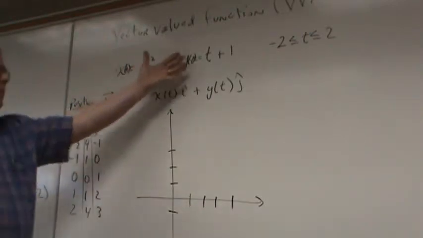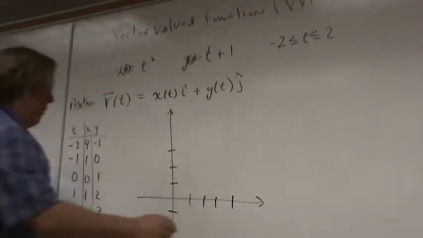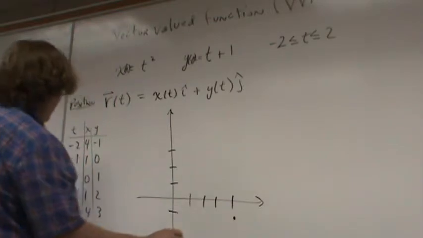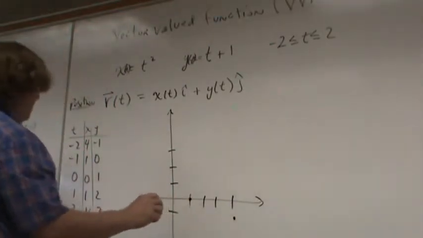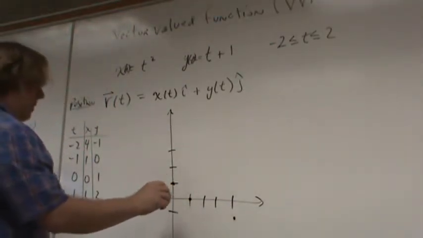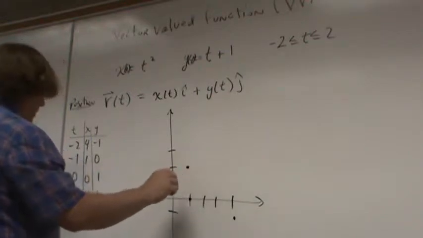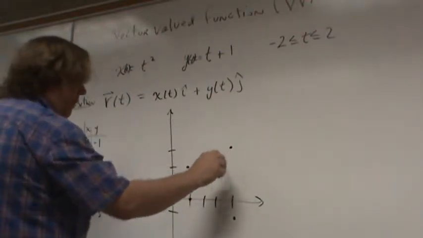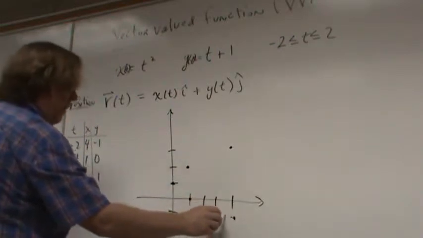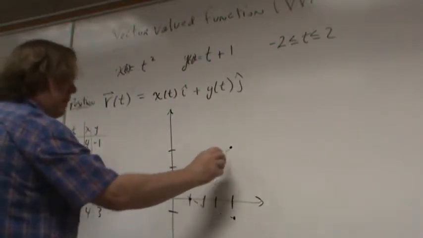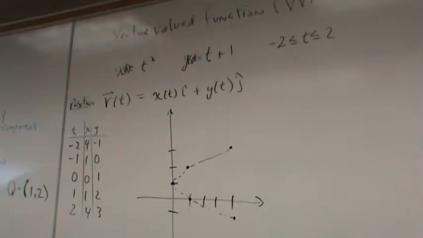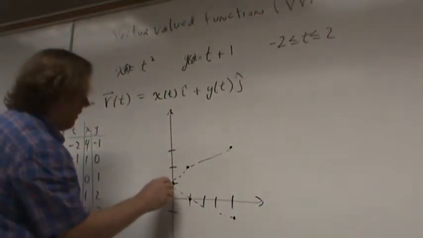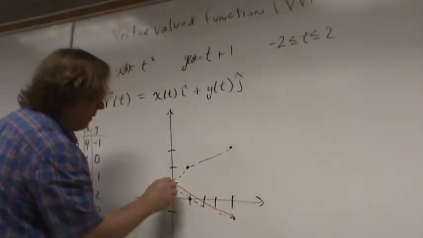So with the parametric equation, you'd be plotting 4, -1, 1, 0, 0, 1, 1, 2, and 4, 3. You would be graphing these points if this were a parametric equation. But since it's a vector-valued function, you're supposed to actually picture in your mind a collection of vectors. You're plotting this vector,